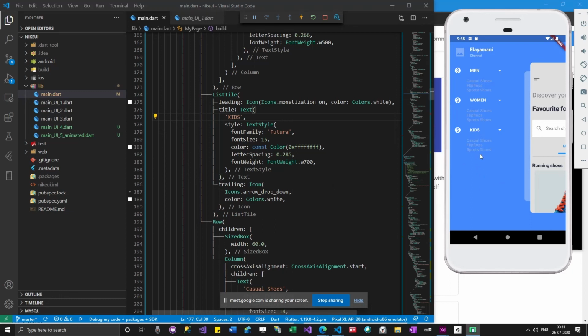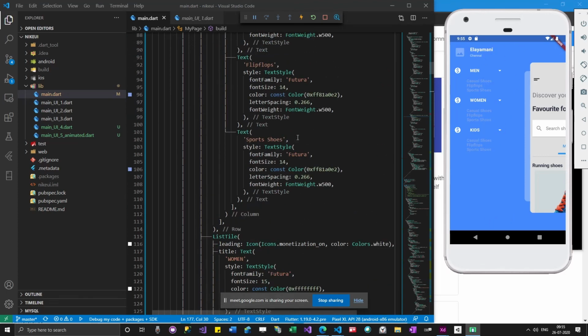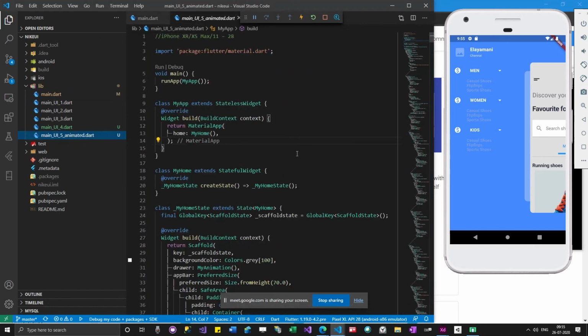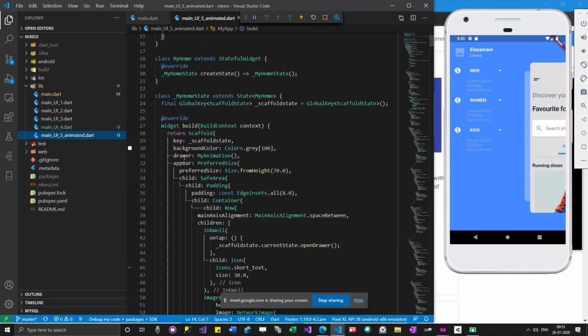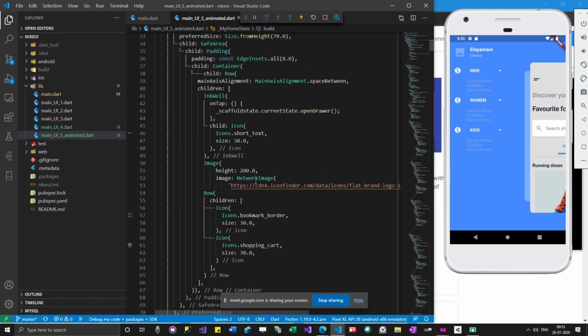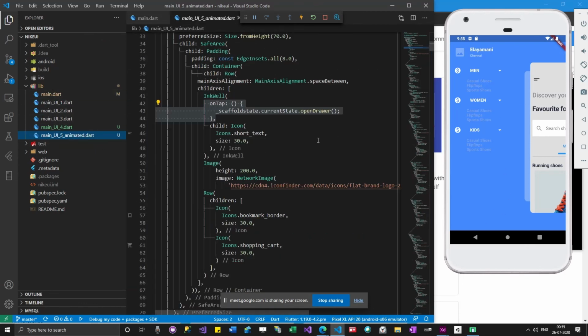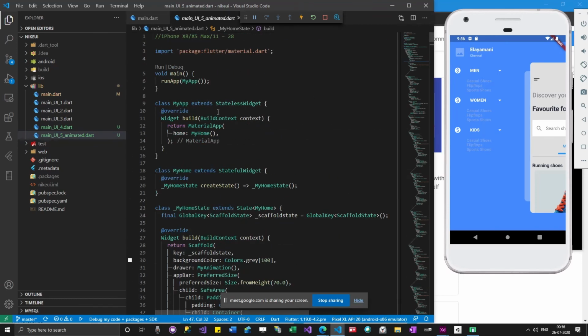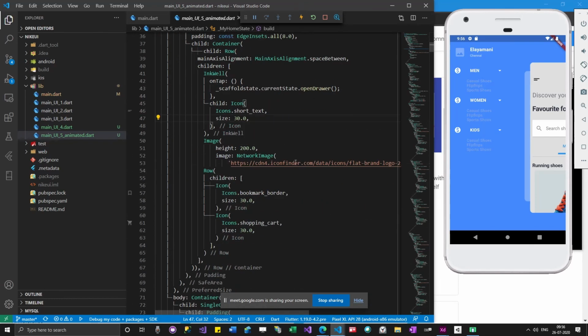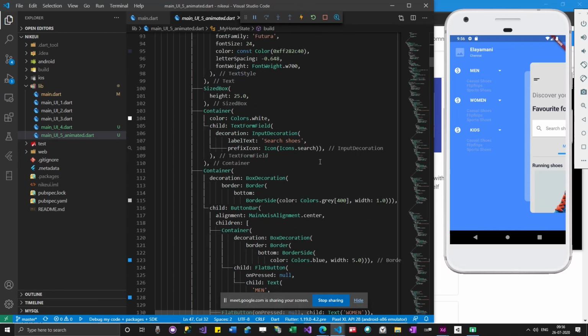Okay, so this is the UI we have designed, and then if you are going to add some necessary code like drawer and then call that class from here and then add some functionality for that icon, something like this, you will be able to open that from the home page. Okay, so I have already run this and showed you, right? So that will be clear to you guys. If you follow this example, you will be able to get it.